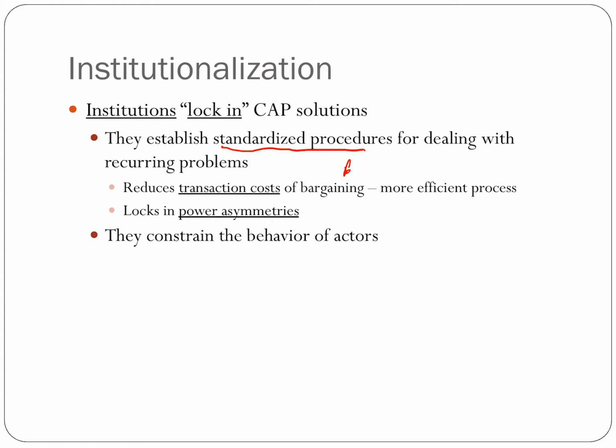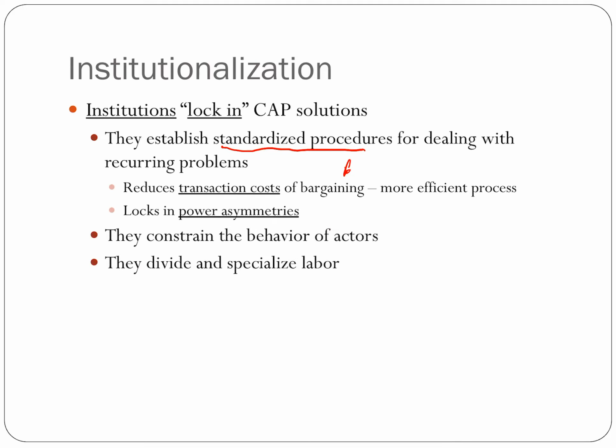The institutions constrain the behavior of actors. Just like we said, institutions are humanly devised constraints that shape the behavior of humans. They constrain the behavior of actors. So once the chore chart's up there and I want to be a part of this roommate situation, I know that I'm on for bathroom. And so I'm going to go clean the bathroom. That's constrained my behavior in a way that without the chore chart, I doubt I'm going in the bathroom and cleaning it right now.